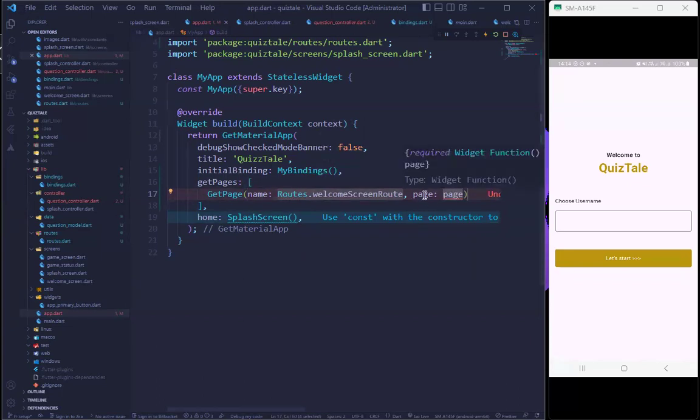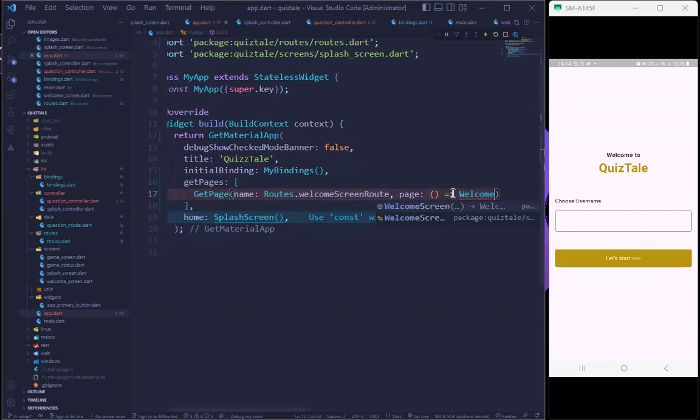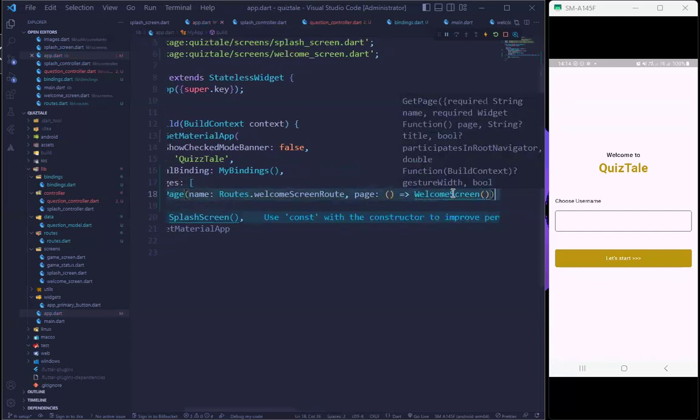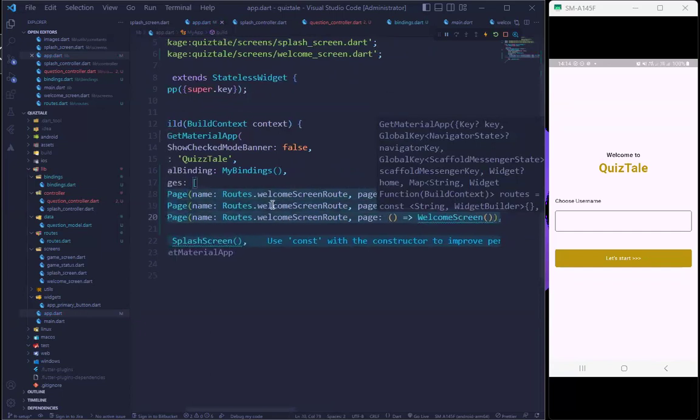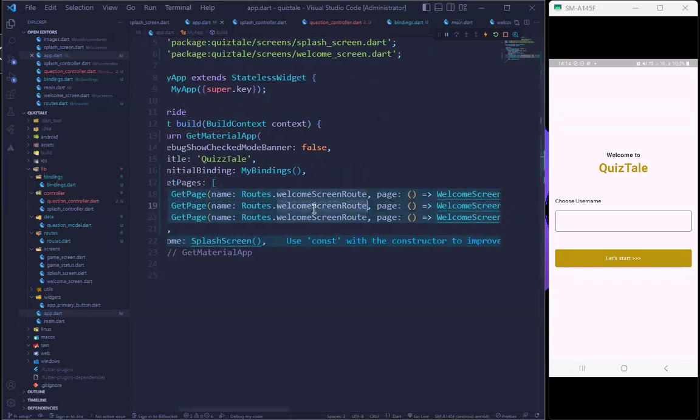So the page here requires a widget function, which is, I'm just going to do this, and then it returns the welcome screen. So we have about two things. We can actually just use routing. We have the game status